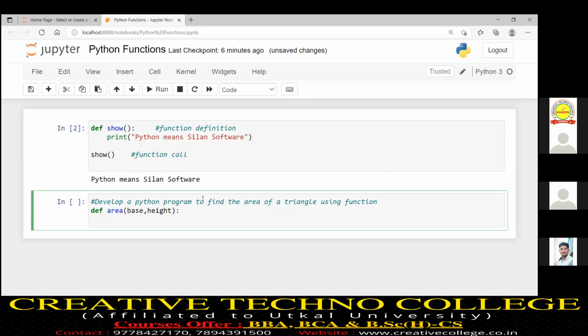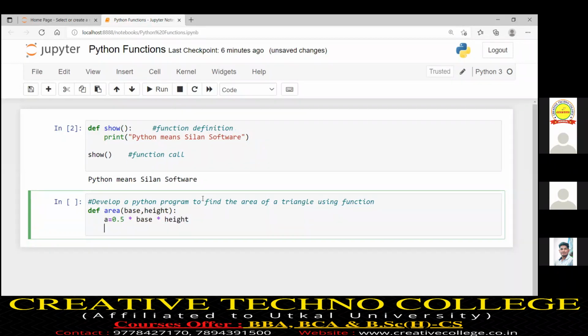Now I am defining a function. At the time of function definition, whatever arguments we take are called formal arguments. Now I will write my business logic. Suppose the output variable is a equals 0.5 into base into height. Now I wrote my logic.